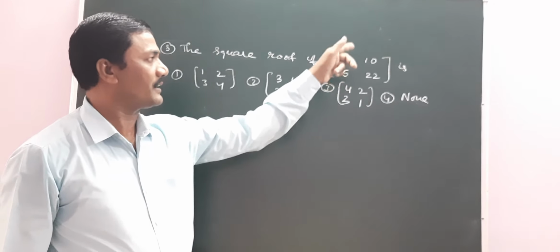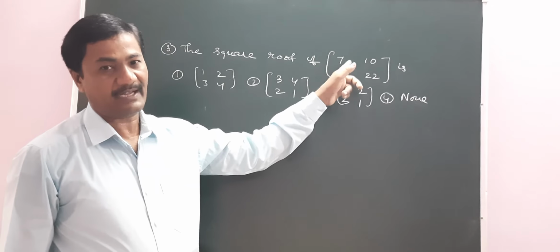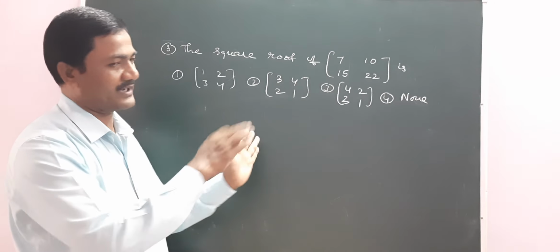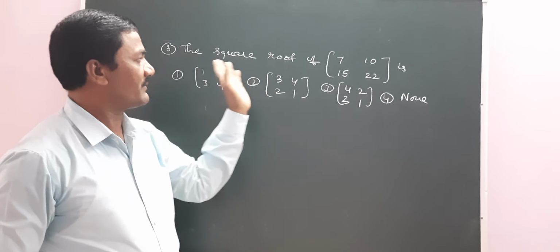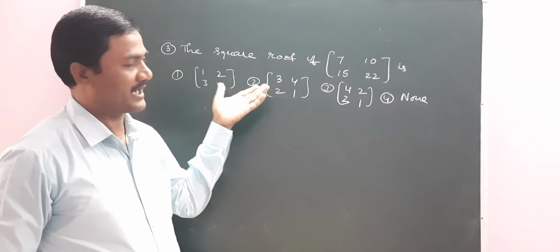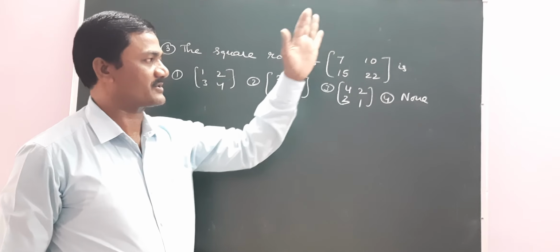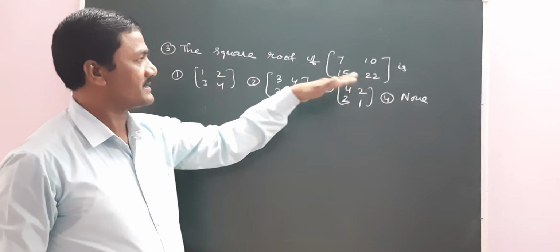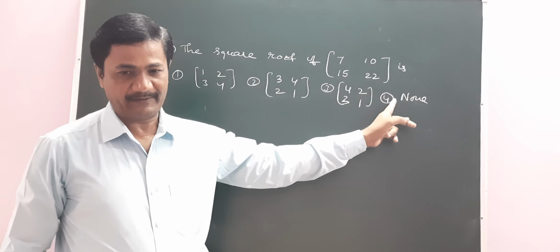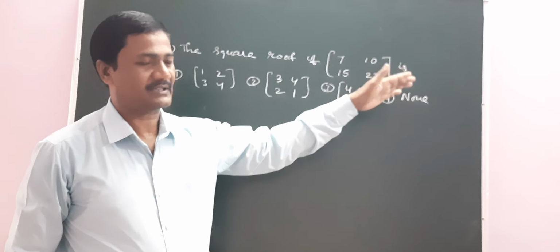In the previous problem, 9 is given. 9 is a perfect square. That's why we are writing root 9 means plus or minus 3. So we are directly opting for an option answer only. But in this case, all are different values and not perfect squares. How can we find the answer? The majority of the students opt only for none. So the answer none is not correct.